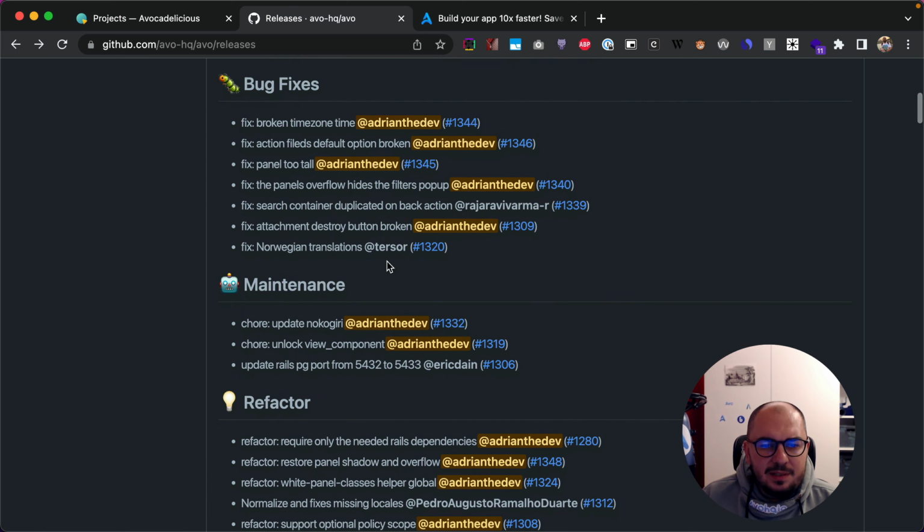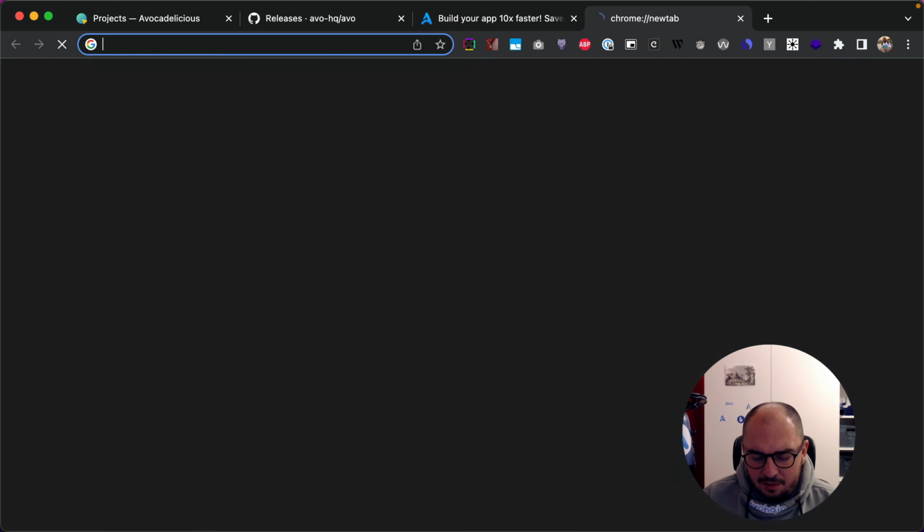Now getting to bug fixes, Terhe, thank you so much for fixing our Norwegian translation. Next, we fixed the attachment destroy button. It was broken, so I think I can show you this on the Avo demo website. If I go to a project and add some files, where are they? Here, yeah, let me add 2 files, save. Now if I go and delete one of them, what happens is I'll get a 404, but